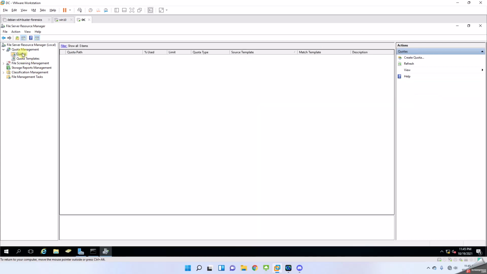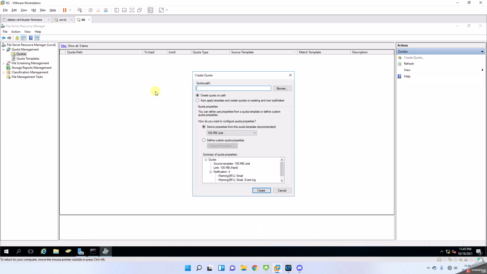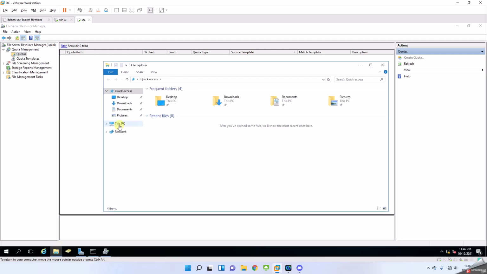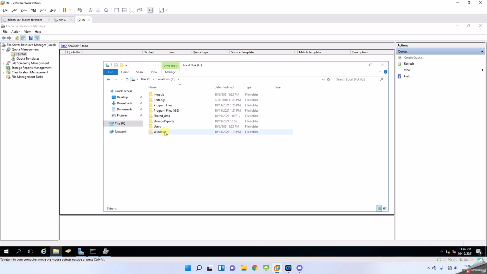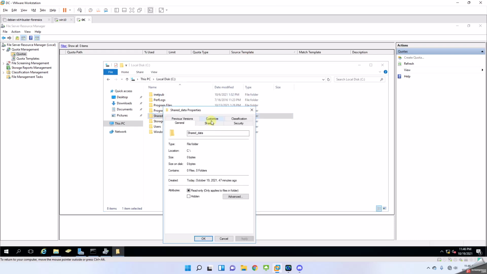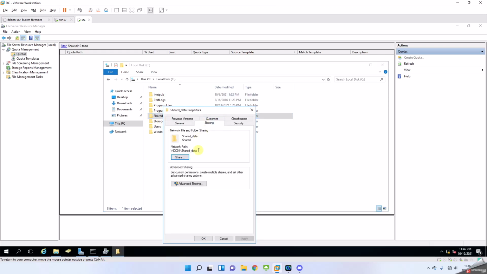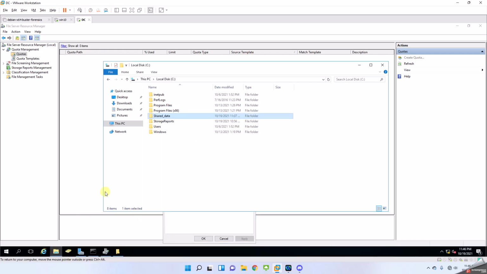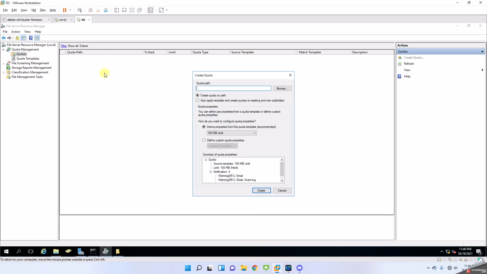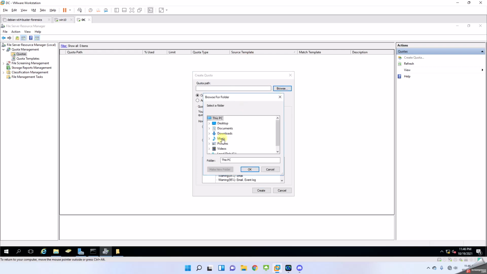Let's create the shared folder quota here. So let's go here. I have got a shared folder on my system already. If you see that in my C drive, I've got a shared folder here. So I'm going to use this shared folder to create the quotas. So I'm going to copy the path. You don't really need to copy the path because it doesn't ask you to, but let's go back here and browse, C drive, shared folder,